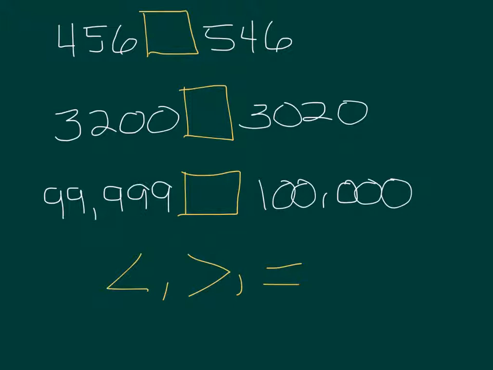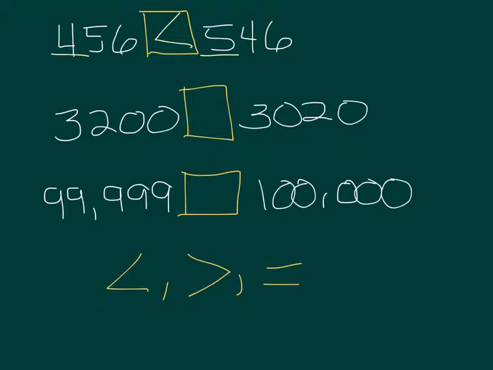456 is less than 546. We can tell that because they both have 3 digits in their numbers. They're both in the hundreds place, but the 4 is less than the 5. And the second set of numbers,